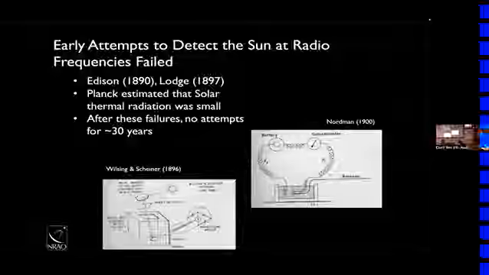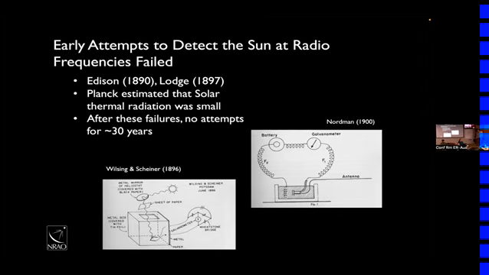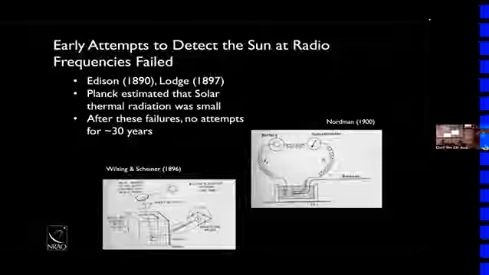There was another famous name. You may have heard of Planck, like Planck's constant. It's very useful in physics. He estimated that solar radiation should be a fairly small thing, right? That it had a low value, at least at wavelengths that could be detected. So there was a flurry of activity, like in the late 1880s and 1890s and up to about 1900, and no one saw radiation from the sun.